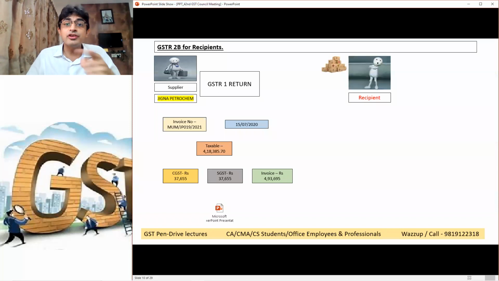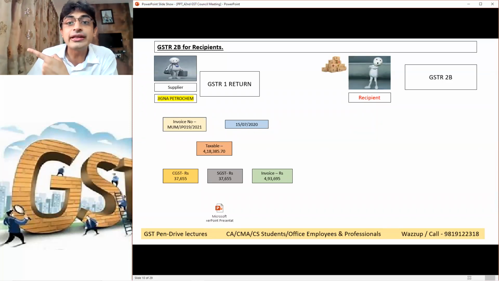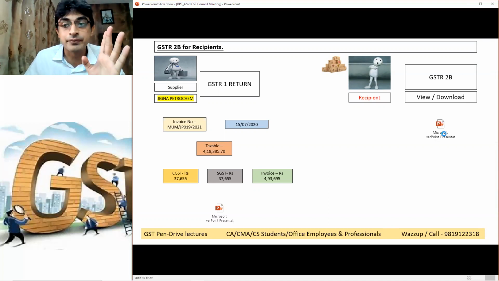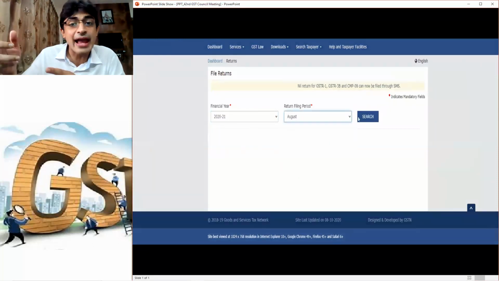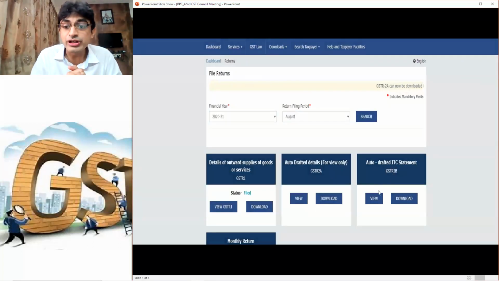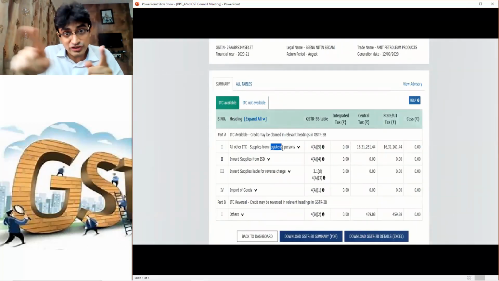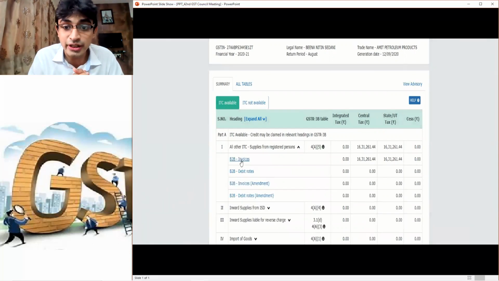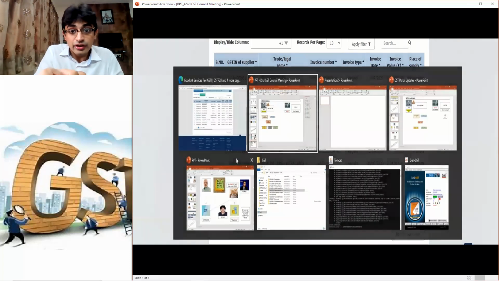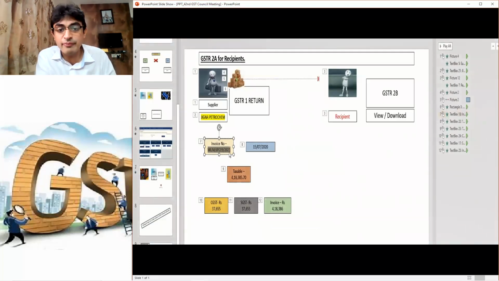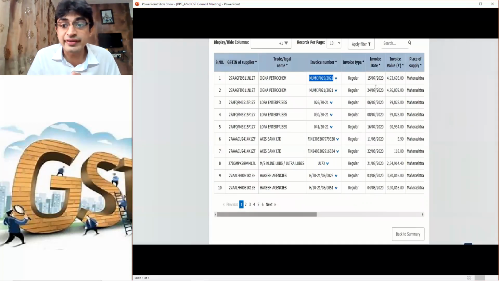Correct. Now, on the basis of supplier's GSTR1, these details are going to get auto-populated in recipient's GSTR2B. So now I'm opening GSTR2B of the recipient. I will open his July month's GSTR2B. See, this is GSTR2B. Click on B2B invoice. The first invoice, see this, Jigna Petro. You can see what the details were. Invoice number, MUM 2019. Is it matching? Matching. Each and everything matches. 15 July. Yes, correct.